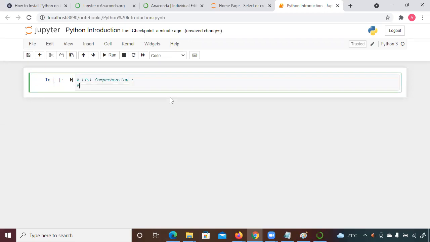So list comprehension is used when you want to transform data from one form to another form. Suppose you have data in a list and you want to convert the data of the list into another form, or you want to change the data of the list by performing some operation on the existing list, then we'll go for list comprehension. So list comprehension means, when programming, frequently you want to make a change, to transform or make a change.